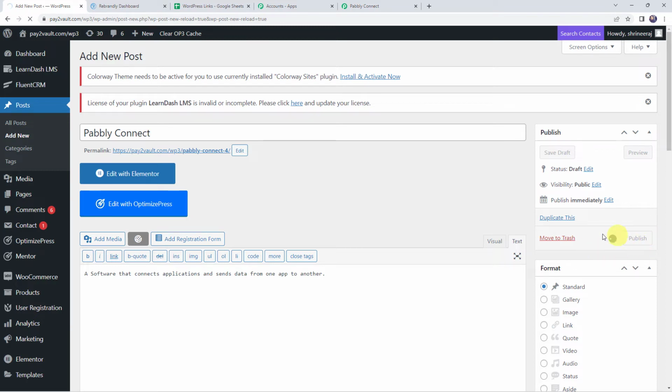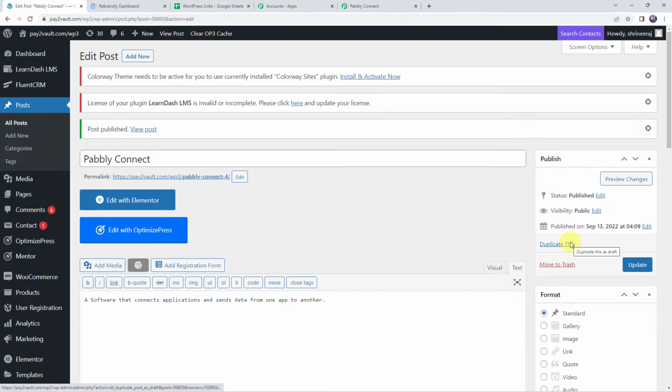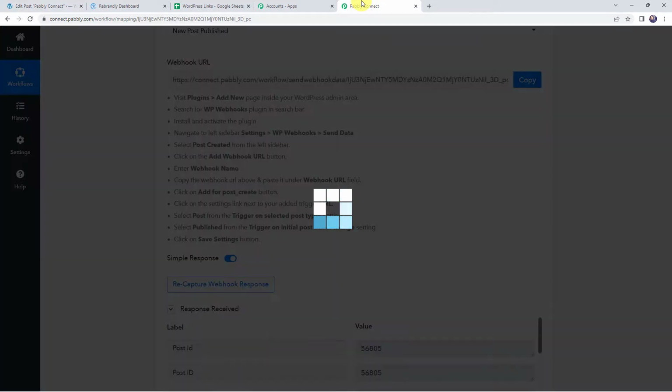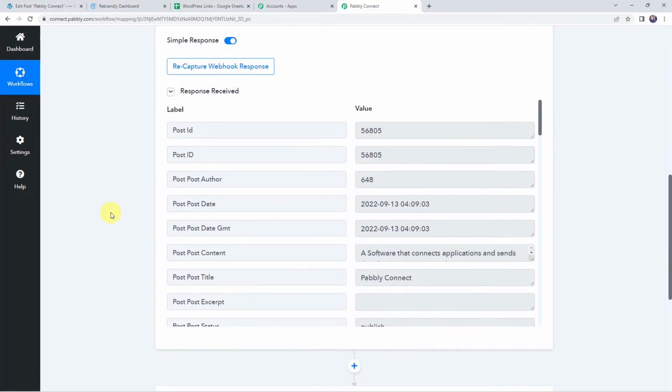Okay. We can see that it is getting published over here. And within some seconds, it will be published. Okay, and here we can see that it is published now. Let's move back to Pabbly Connect. And here we can see that the response is received and all the details of the recently created post are captured